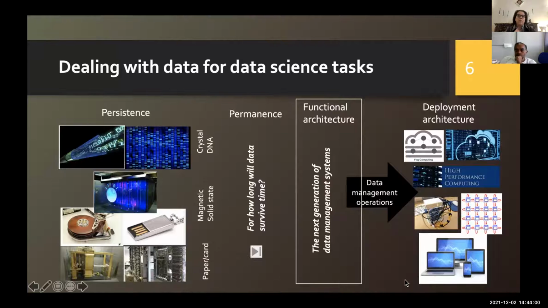And when you do computer science, when you say operation, you think about computing power. Do I have the necessary computing power to perform these operations? And this is where the fourth aspect of my diagram comes up, which are the deployment architectures in which I'm going to run my operations. Do I keep my laptop? Do I go to the data center in order to perform these operations?